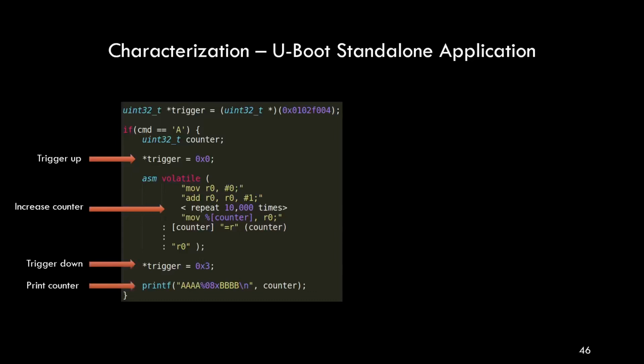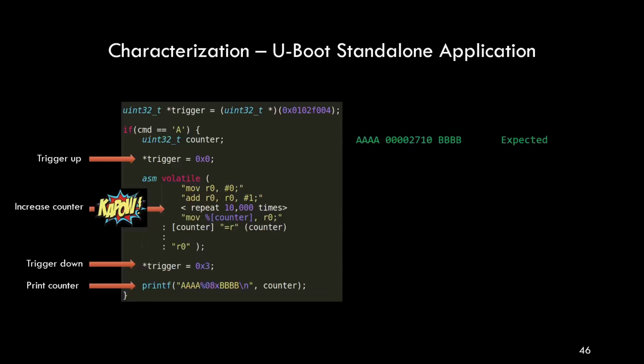And then the idea is that we know exactly where the add instructions are being executed due to the trigger up and down signal that we set around it. And this allows us to inject the glitch exactly when the add instructions are being executed. So this shows that the timing component from the glitch parameters is taken out of the equation.